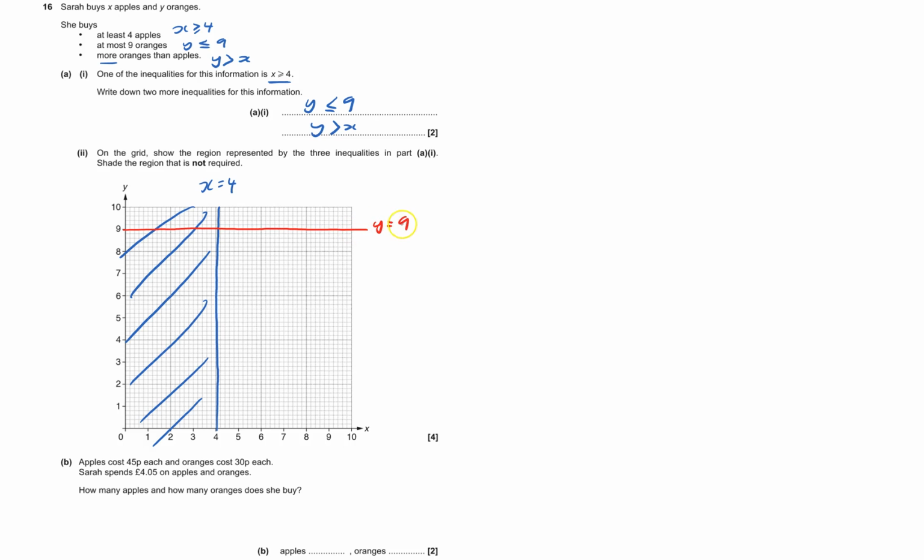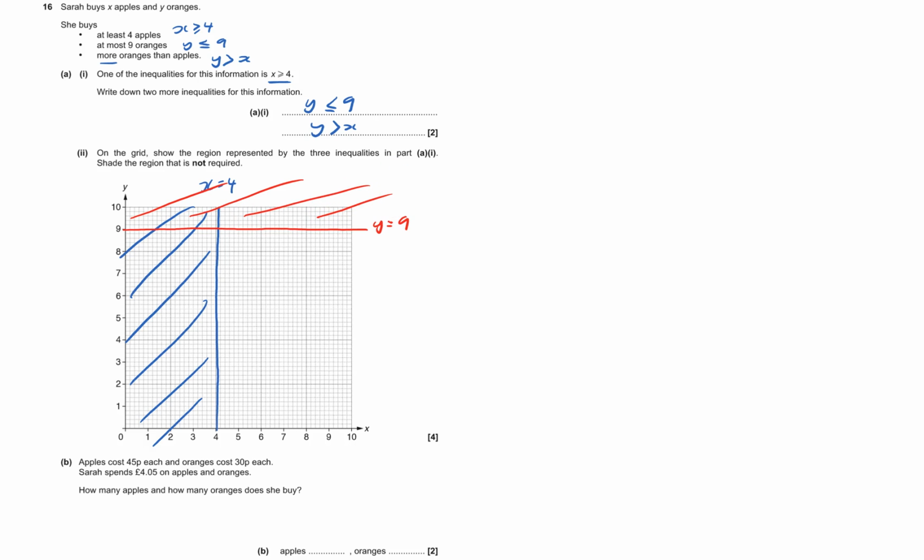Okay, well, first off, X is greater than or equal to 4, so X equals 4 is a line which goes straight up, and it's solid because it's greater than or equal to 4. And so it's going to be this side of the line, so I want to get rid of this bit here. And I'm going to put the line that is X equals 4. And then in red, Y is less than or equal to 9, so it's going to be a solid line, and so I'll draw a line Y equals 9, so that's a line which goes straight across. That's Y equals 9. I want to be less than that, so I'm going to get rid of the bit